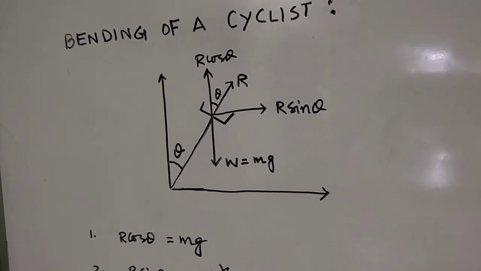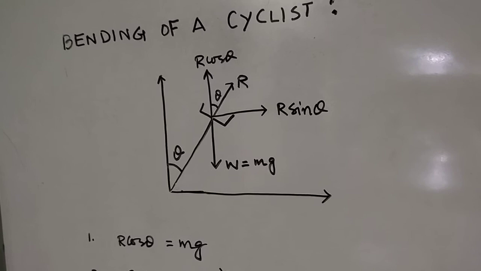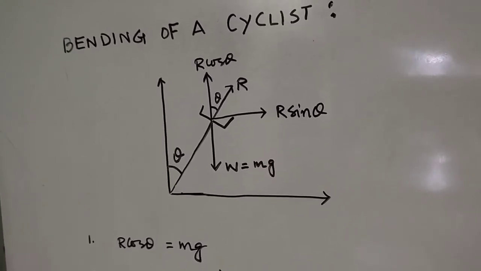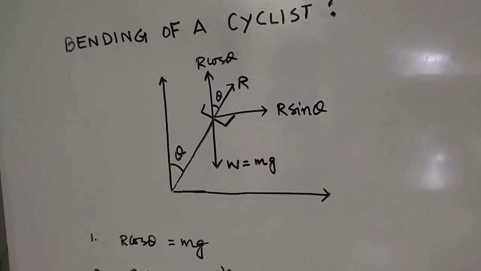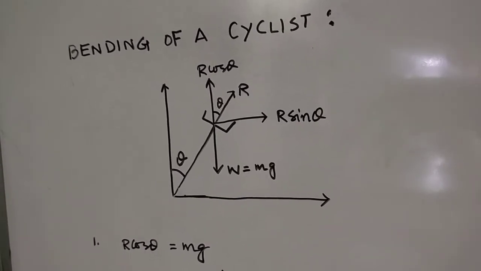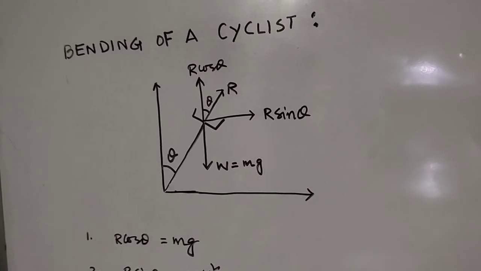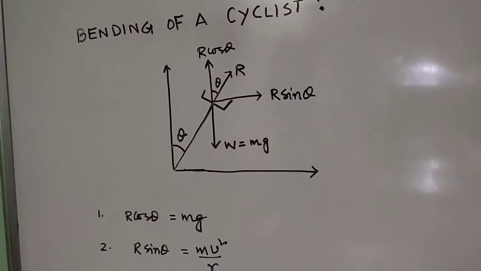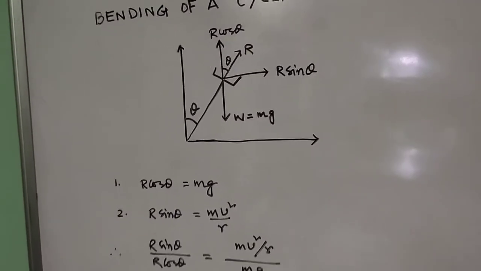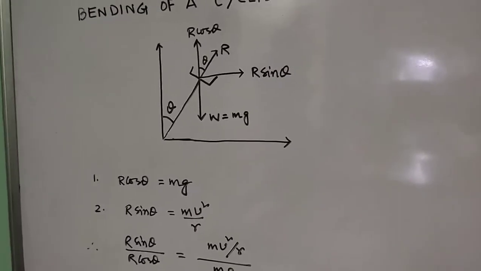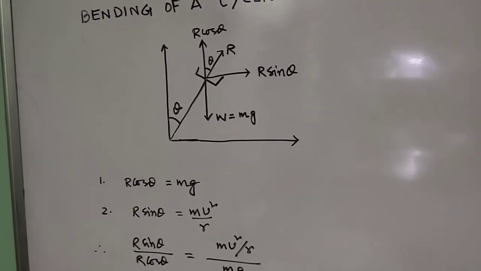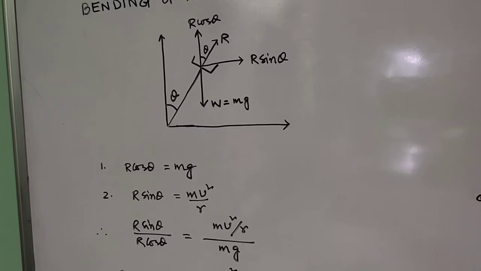So if theta is the angle made with the vertical, then it has components: one is R cos theta, another one is R sin theta, and both act vertically downward. So from here you can get the equations. One is R cos theta equal to mg, another one is R sin theta equal to mv square by r. Here it is your centripetal force. V is the speed and r is the radius of the curved road,